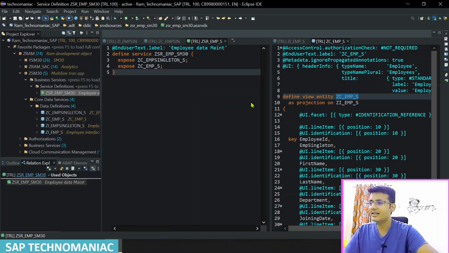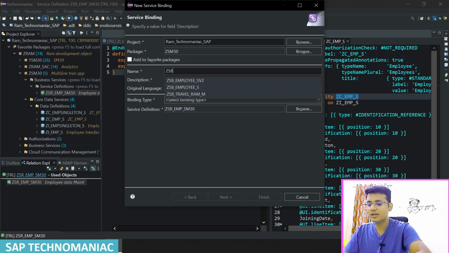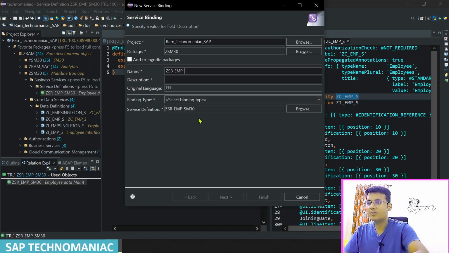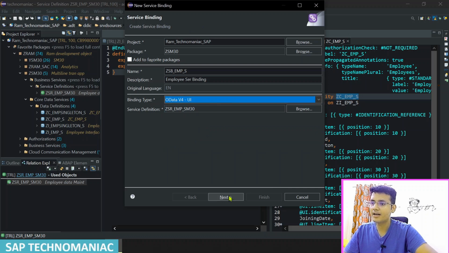New service binding, and that should be Z service binding, Z as B underscore EMP, or underscore as I can give for service binding employee service binding. And you can give the service binding type. Your binding type obviously should be, you can use V4 or V2 as per your requirement. Let me use V4. Let me click on next button